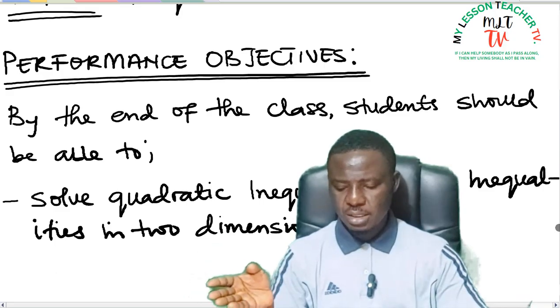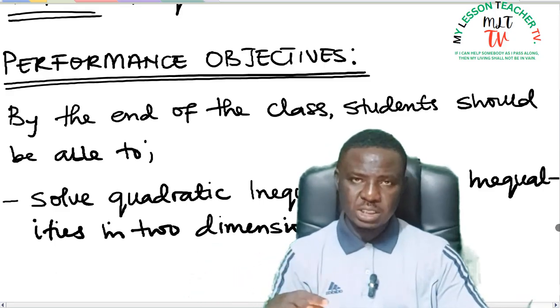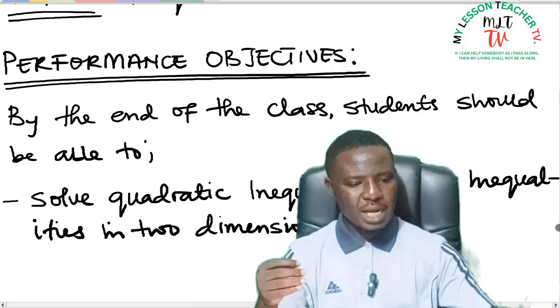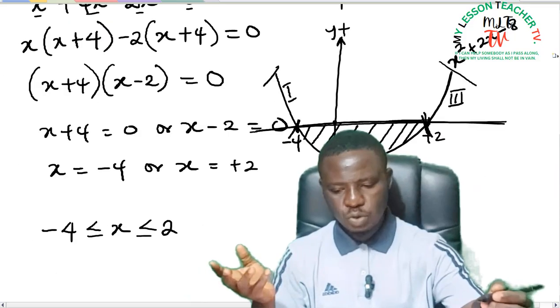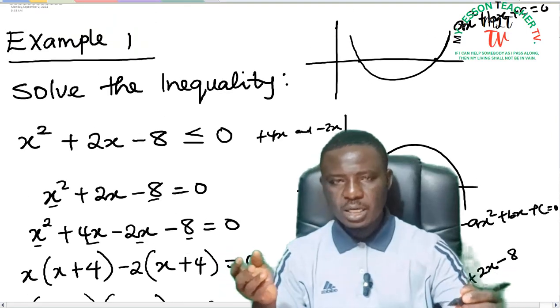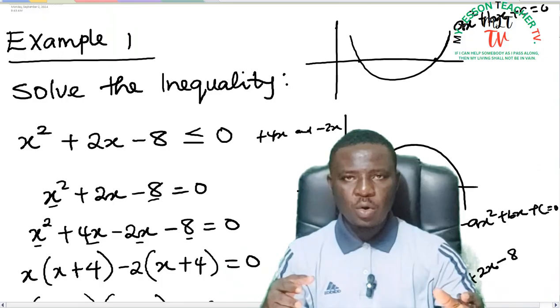At the last class, we were able to look at solving quadratic inequalities in 1 variable, where we have only one unknown, and I gave you so many examples on them, where I defined a quadratic inequality as an inequality where